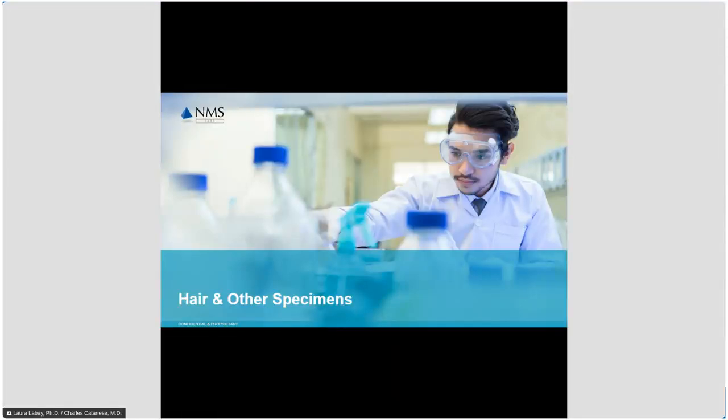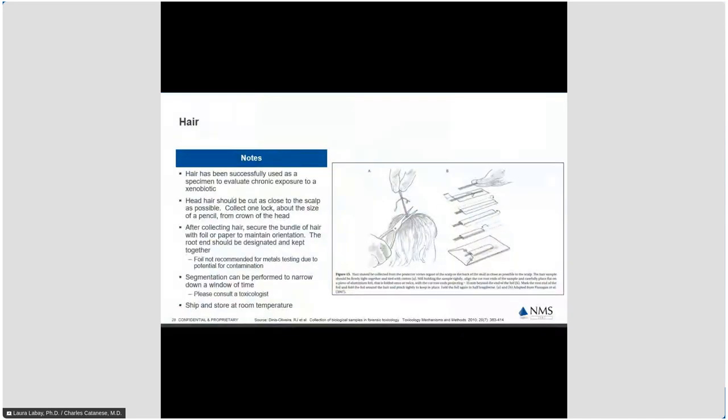In this section, we're going to be talking about hair and other specimen types. So hair has been used as a matrix to make a determination, or help make a determination, if there's been chronic and repetitive exposure to a drug or other substance. In postmortem forensic toxicology,